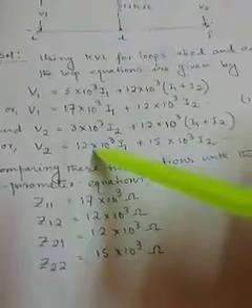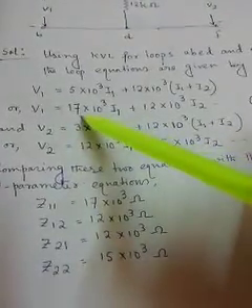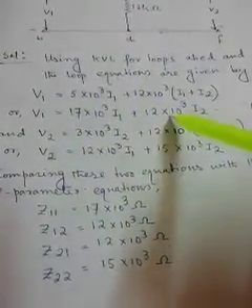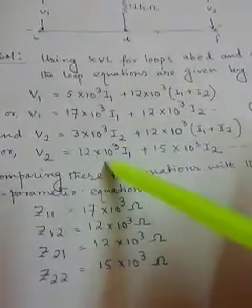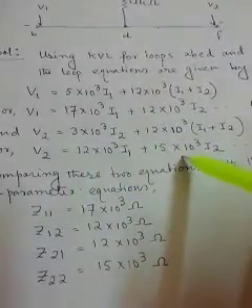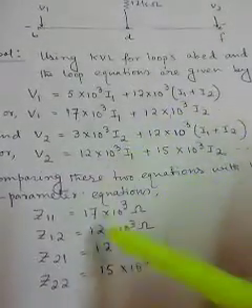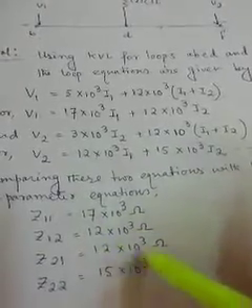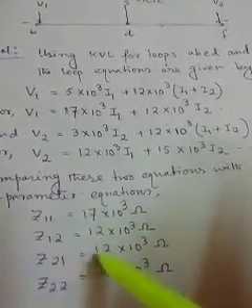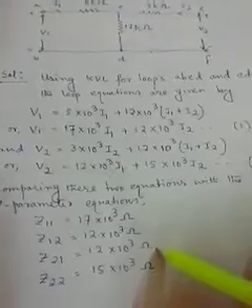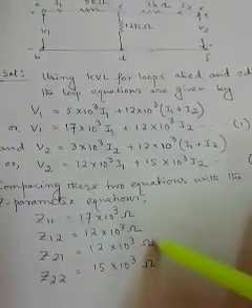Now you can see that this one is the value of Z11, this one is the value of Z12, this gives us the value of Z21, and this one is the value of Z22. You can see the value of Z12 and Z21 is the same here, which is the condition of reciprocity of any Z parameter network, as we have already discussed in detail. So here also it is proved numerically that both the values of Z12 and Z21 come out the same.